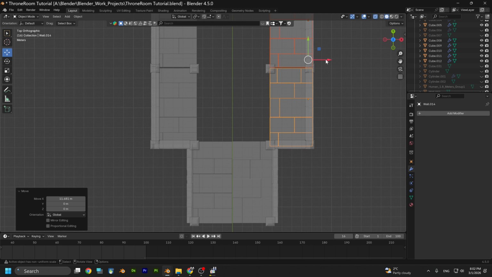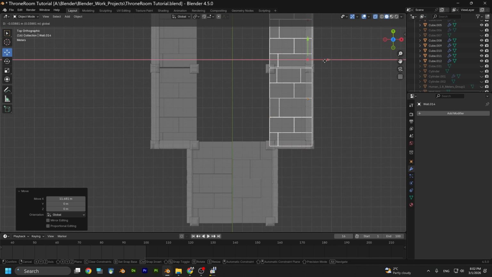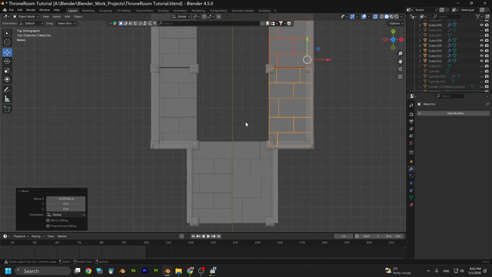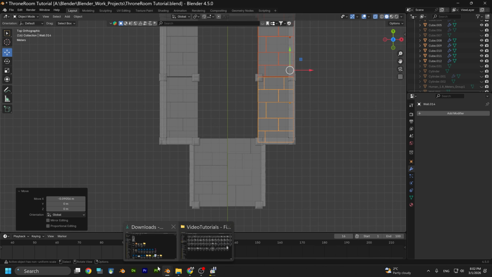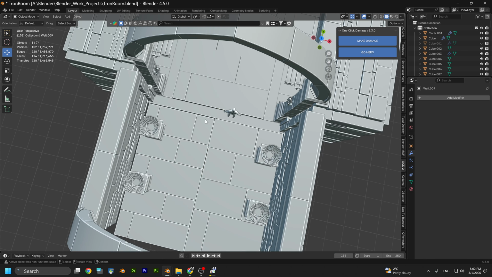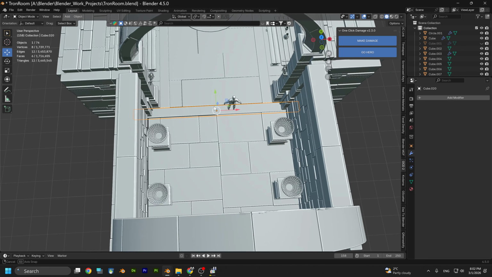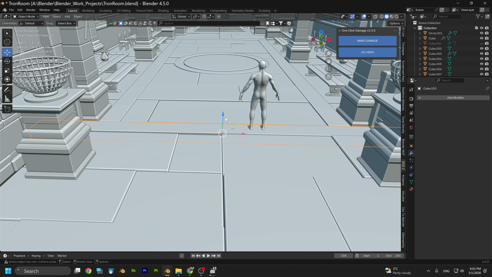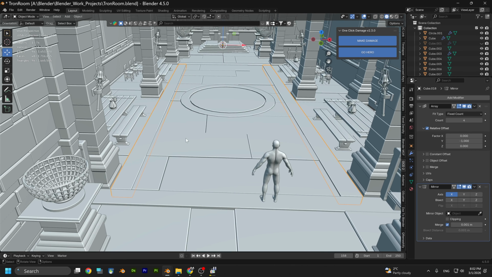But I'm thinking, do I need to do it more complex? Here I have one element, and here I have another element. So I'm thinking maybe I can do this together to be one piece, the whole middle part of the floor,